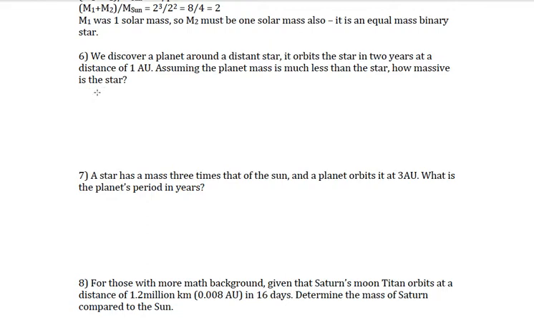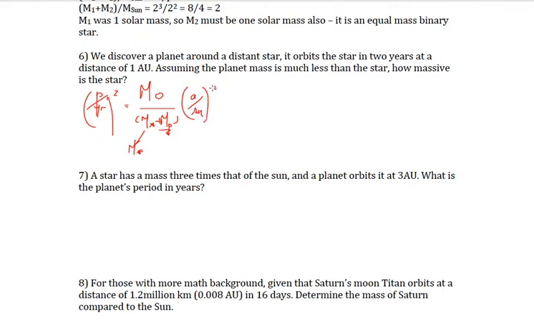We'll remember the period in years squared is the mass of the Sun divided by the mass of the star plus the mass of the planet, and we set that equal to just the mass of the star because the planet is negligible, times the semi-major axis in astronomical units